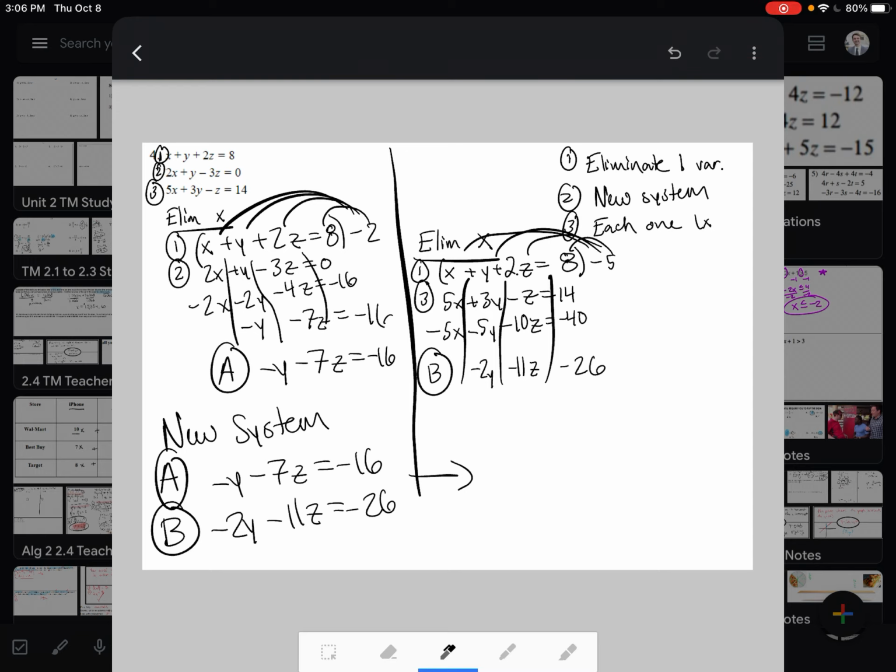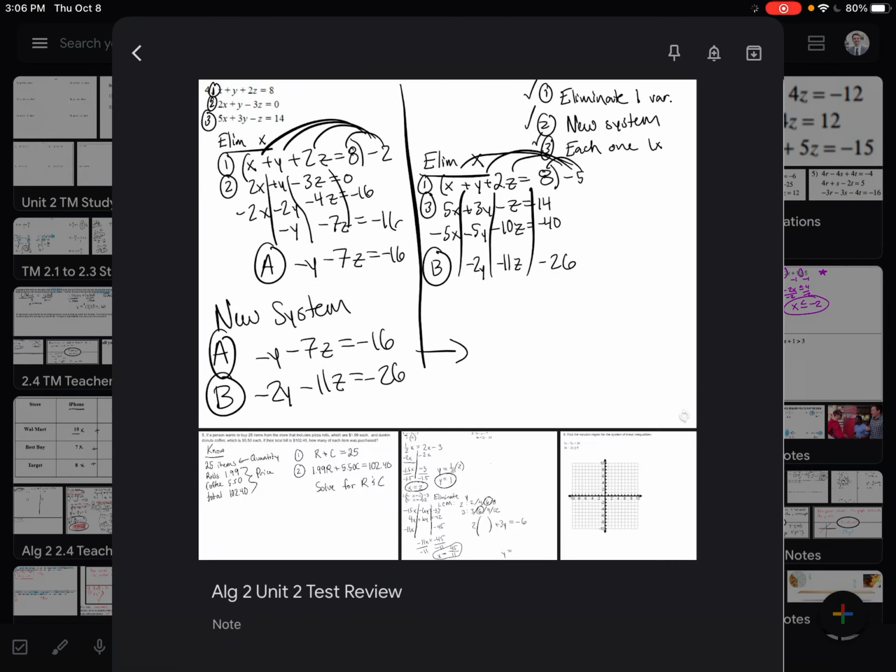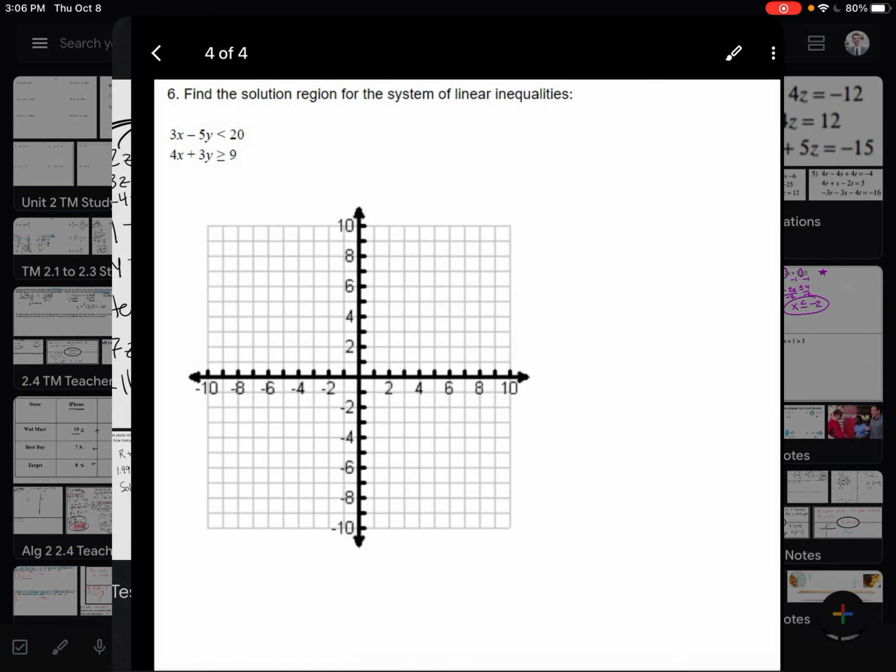We'll have solved this one, but again, we achieved our goal of eliminating a variable, creating a new system, and using each equation one time. So that is the purpose of doing systems of three equations, is to go through and achieve those three goals. Okay. The final question that we're going to look through today